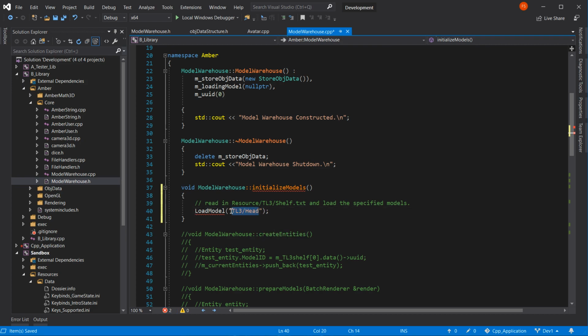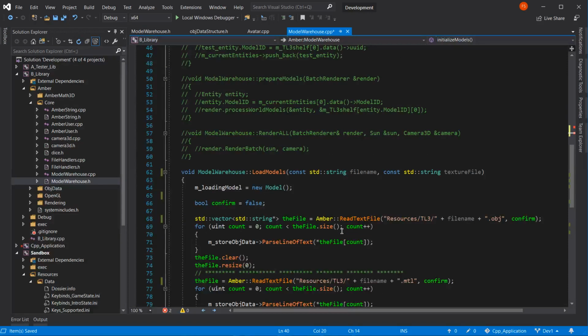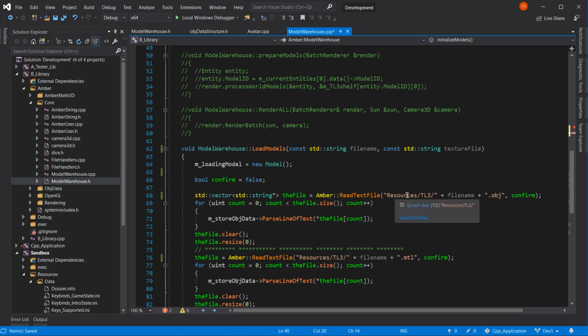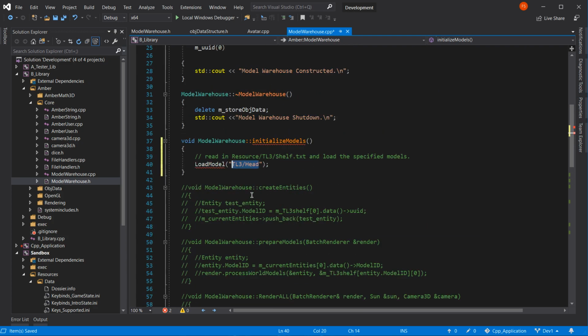Oh, it had TL3 head there. Why? Oh, of course, yeah. But we've actually put it in. So at the moment, I'm just going to load model, shift bob, underscore, has to be a different one, red, that we haven't done yet, comma,